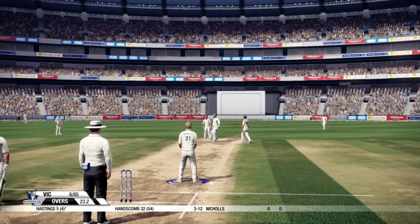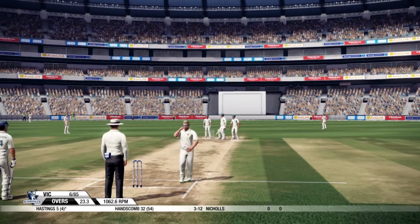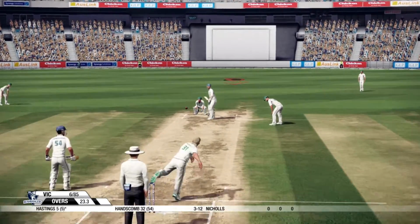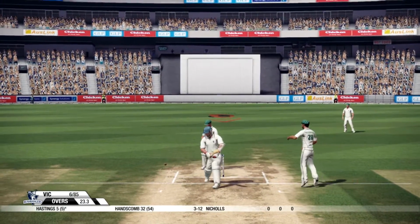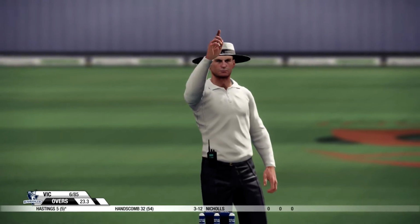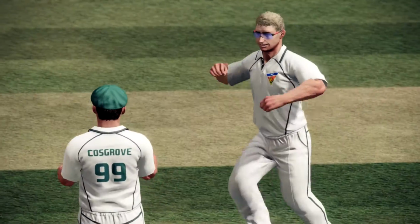Wickets falling all over the place. It's tumble town for Victoria. 6 down for 85. Well, Hastings is leaving everything alone at the moment. It's forward, hits the pad. Oh, I don't think he's got him. He is. The wicket goes up. The finger is there, and Nichols has